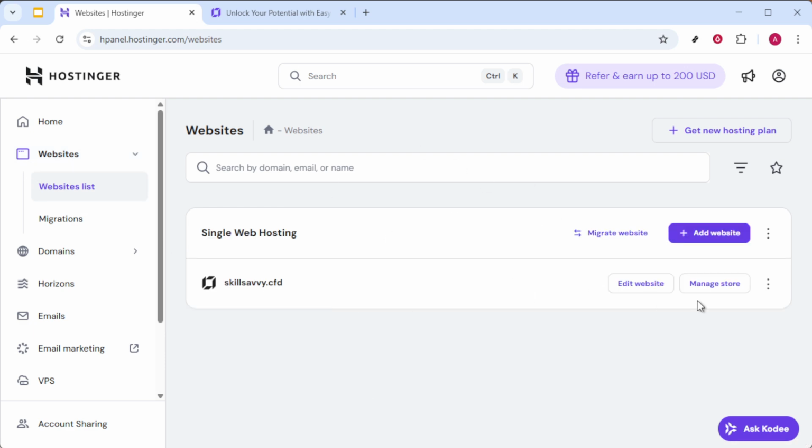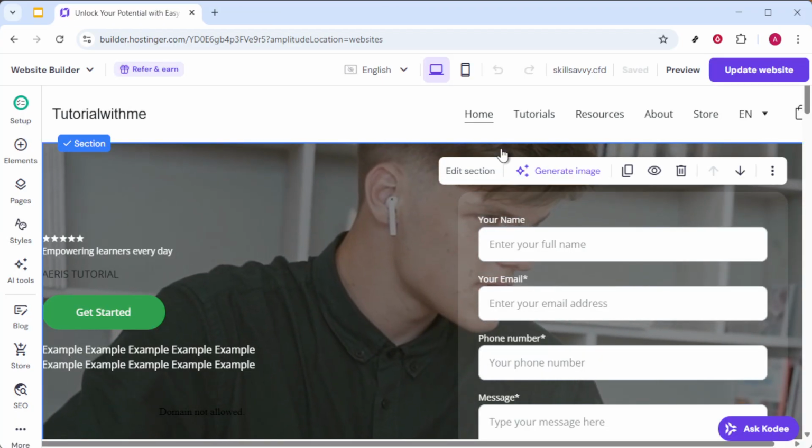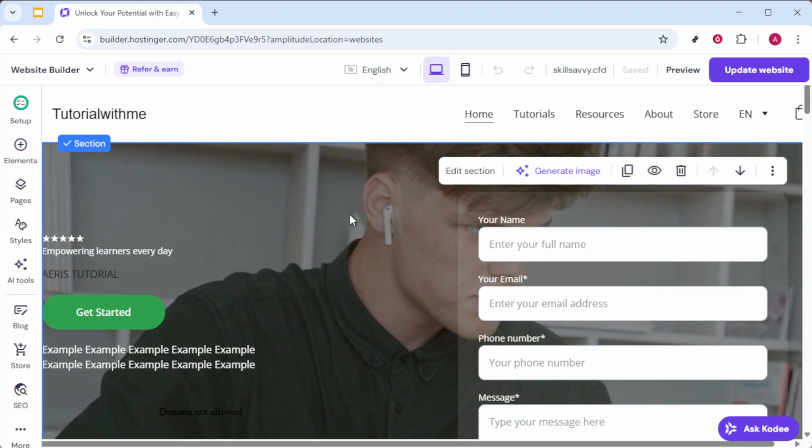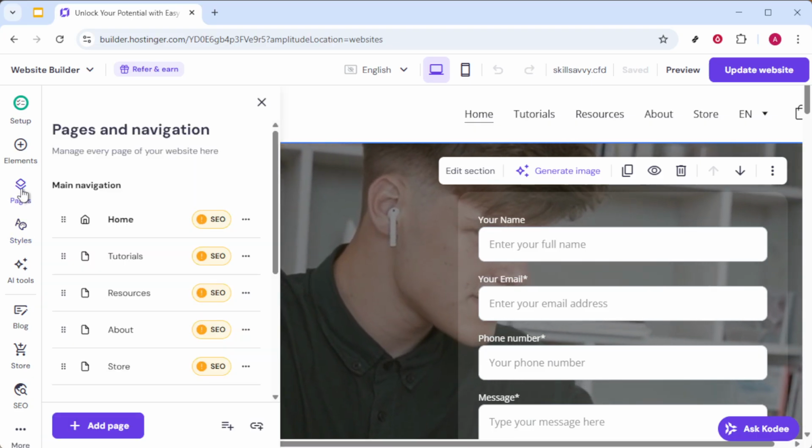Next, locate the Edit Website button, which will typically be next to the website you've chosen. Click on this and you'll be directed to the Website Builder interface where you can make various changes to your site. The Website Builder is quite user-friendly, and now we'll go into the specifics of adding those crucial legal pages